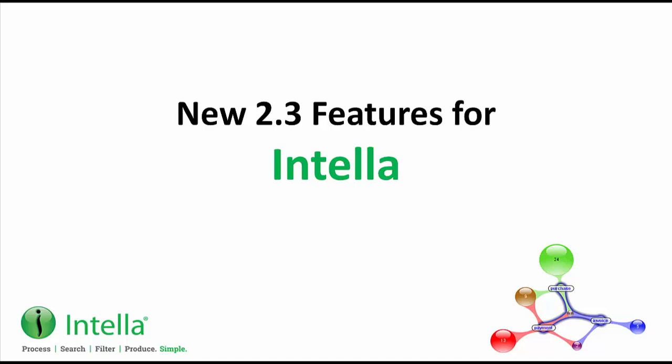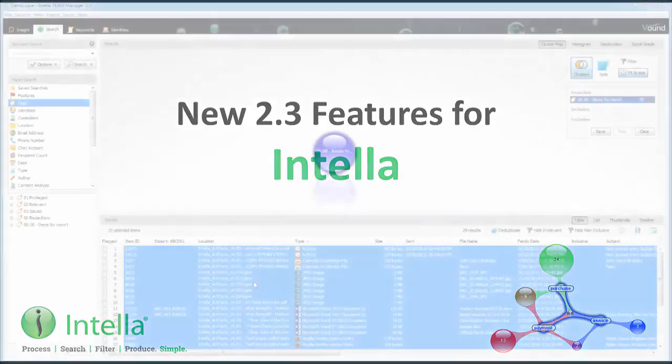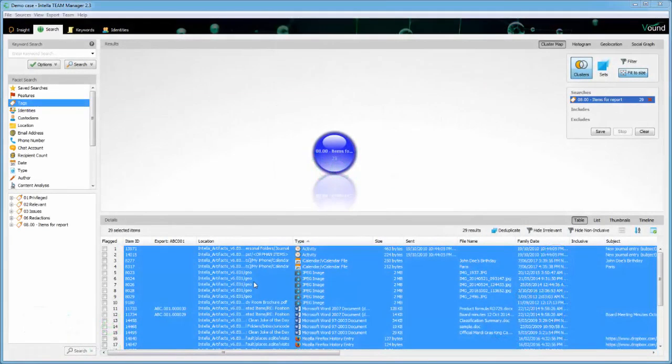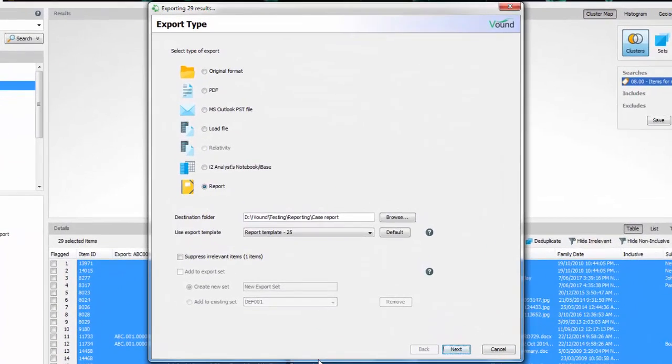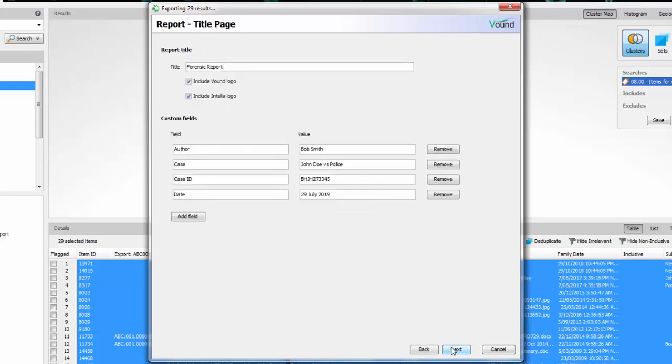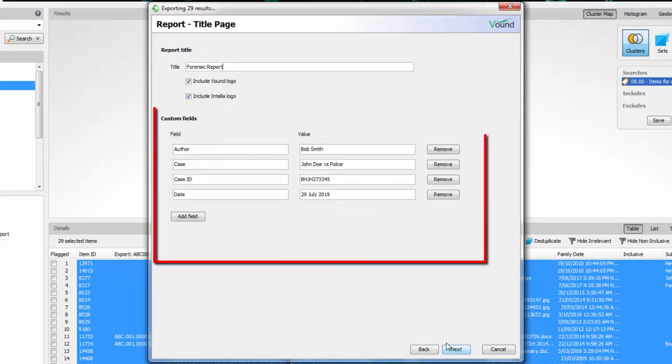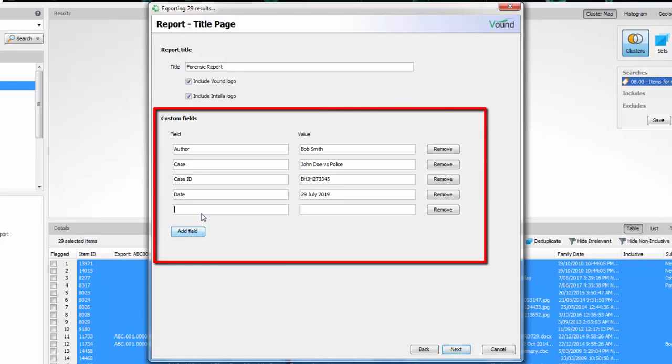For Intella Desktop, we have added two major features. Firstly, we have added a new reporting wizard in Intella Desktop. This reporting wizard provides the user with a lot of flexibility when creating reports for items and artifacts in a case. The reporting feature includes the following: custom fields where information about the case can be added to the front page of the report,